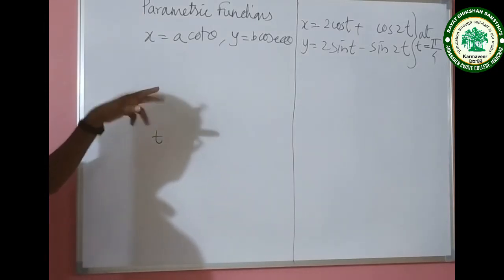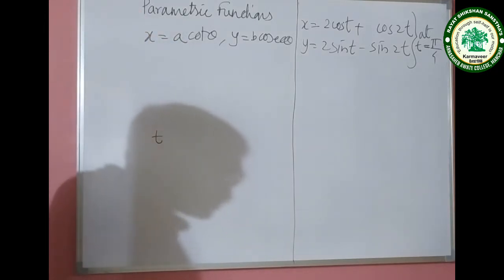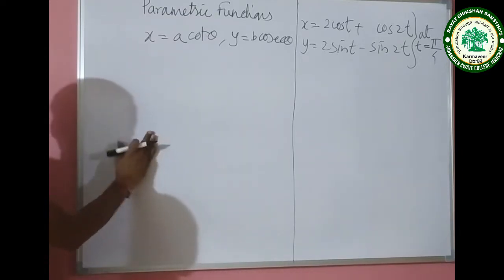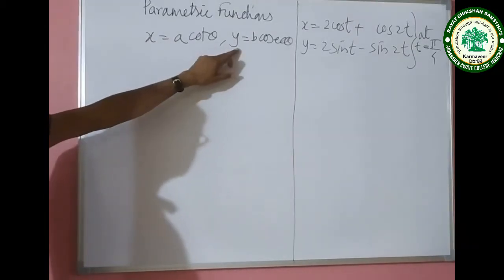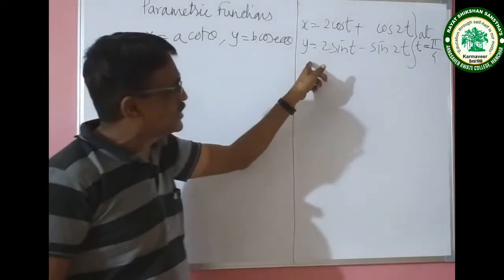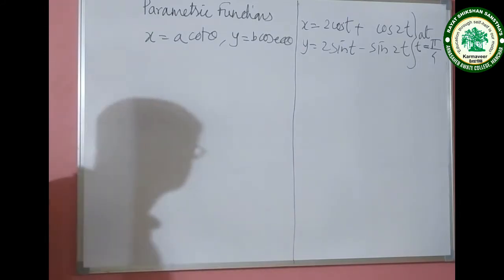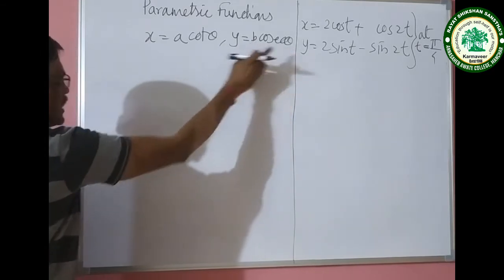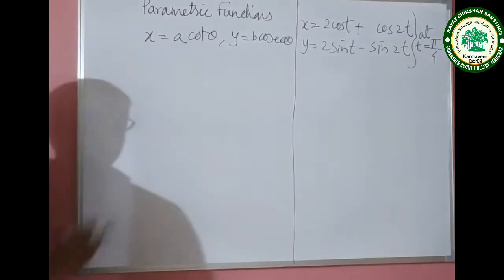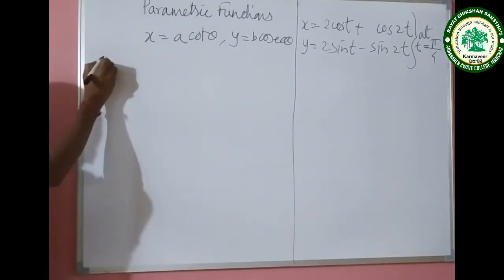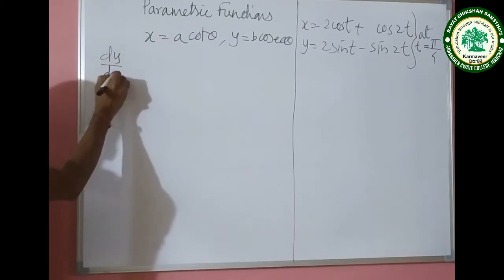Let us learn today derivative of parametric functions that we have learned day before yesterday. The first thing is when x and y both are functions of another variable, say theta, or functions of t, then how to find derivative of y with respect to x? See, y is a function of theta, y is b cosec theta, x is a function of theta, x is a cot theta. So find the derivative of y with respect to theta. It means find dy by d theta.